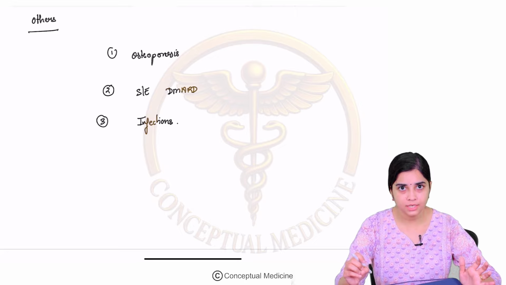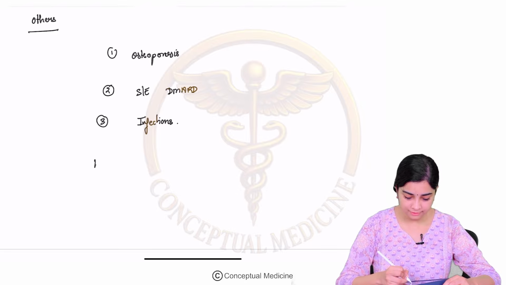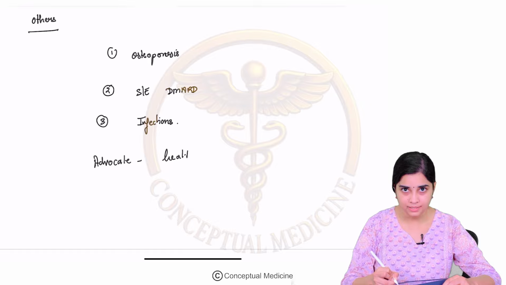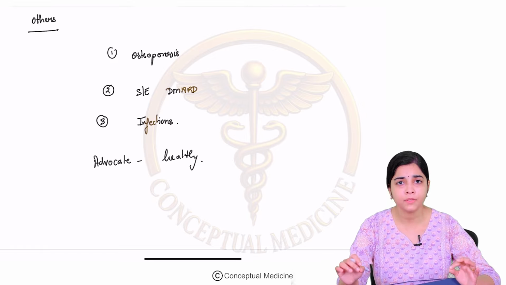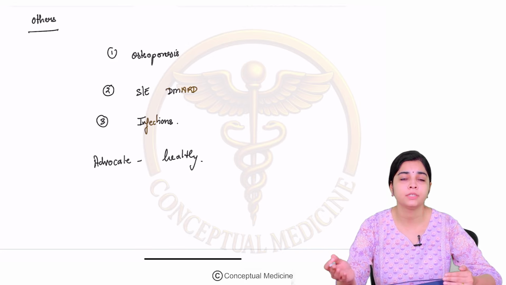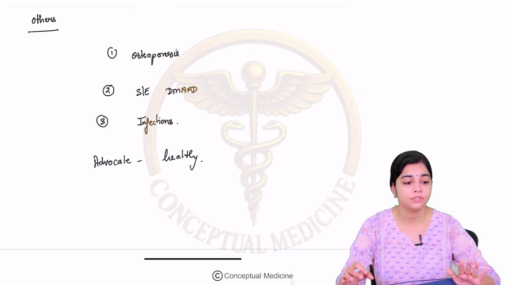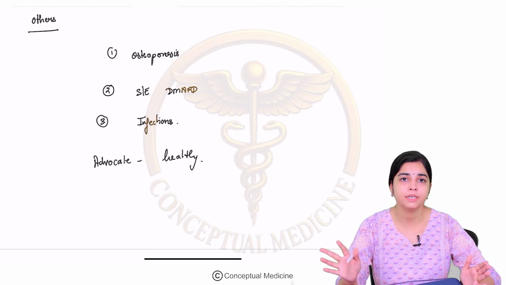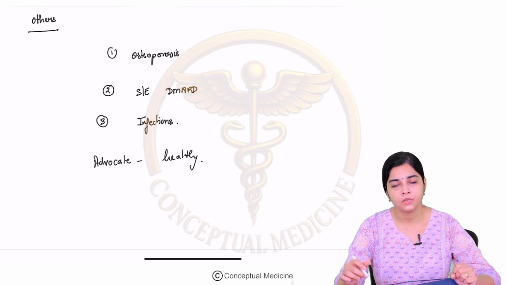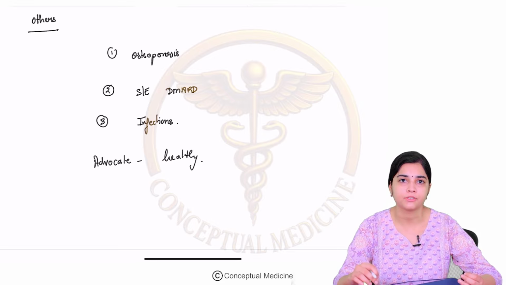RA patients, right? So apart from all of this, you have to advocate a healthy lifestyle. RA patients are advised to undergo regular physical activity and also take a good diet. Okay, fine. In very, very severe cases, if there is a lot of deformities, they should also be helped with rehabilitation. There are certain splints which are available so that the joints can be put back into place, as well as certain corrective surgeries that can also be done for improving the deformities. So this is how you holistically manage a patient of rheumatoid